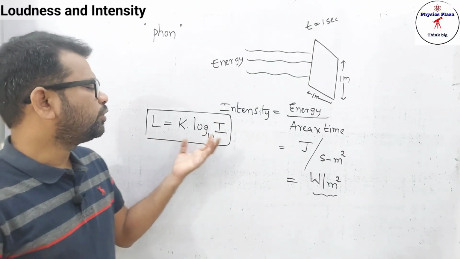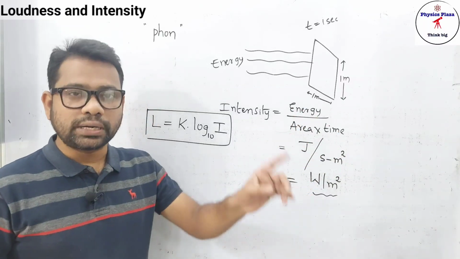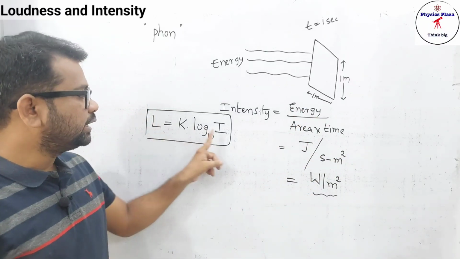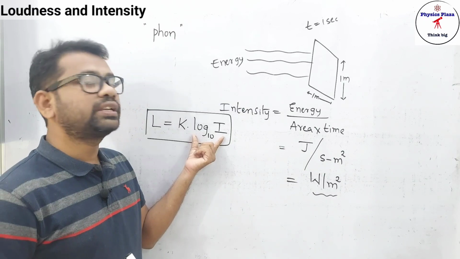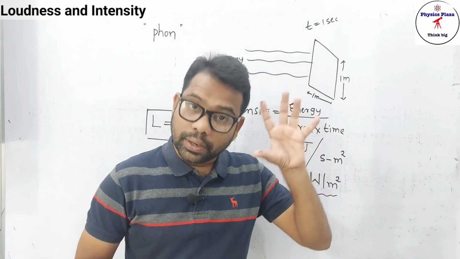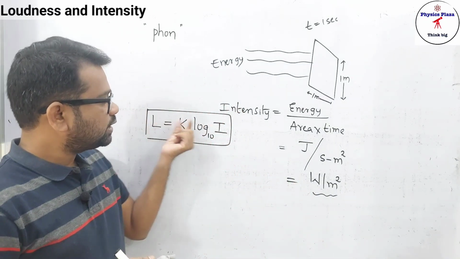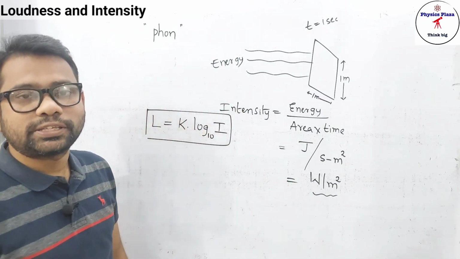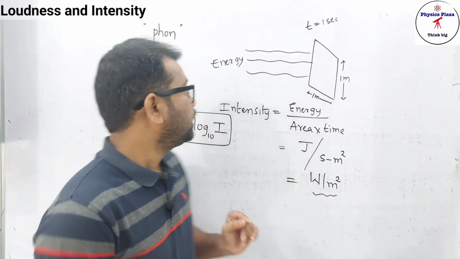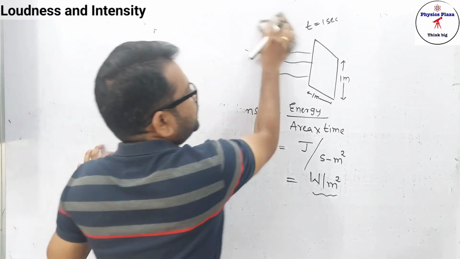Here, the derivation of how we got this is not required from the examination point of view. They might ask you to write the relation between loudness and intensity. As it is a log of intensity, it won't increase in a proportional manner. But the very important thing is that when intensity increases, loudness increases. When intensity decreases, loudness decreases. Is it clear? Fine.